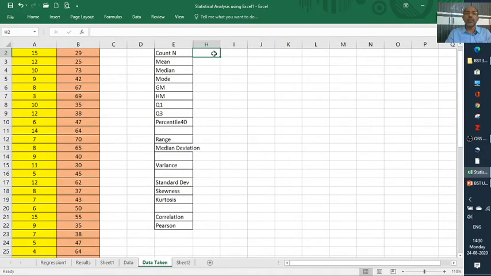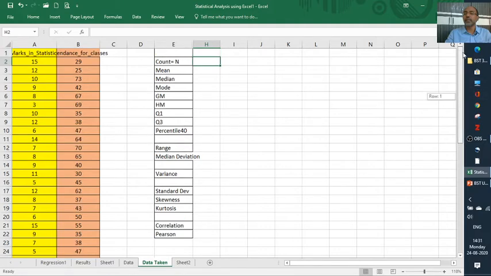Say COUNT, n is nothing other than count. The number of students, since it is the marks of the students. How many total number of students, that is what count calculates. This is with regard to the first column, the marks variable.